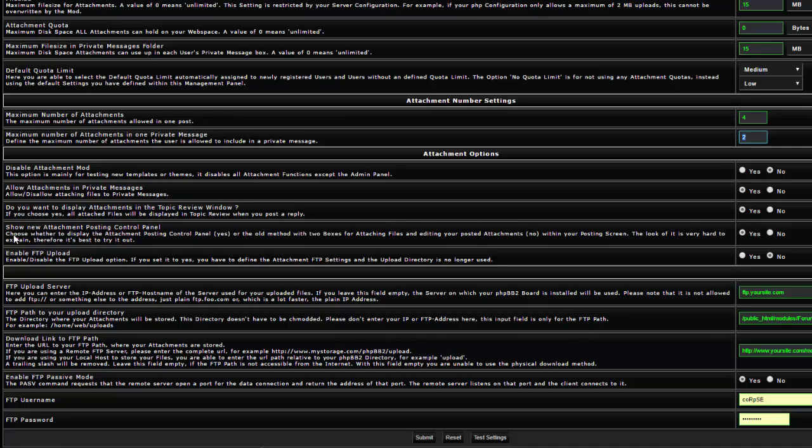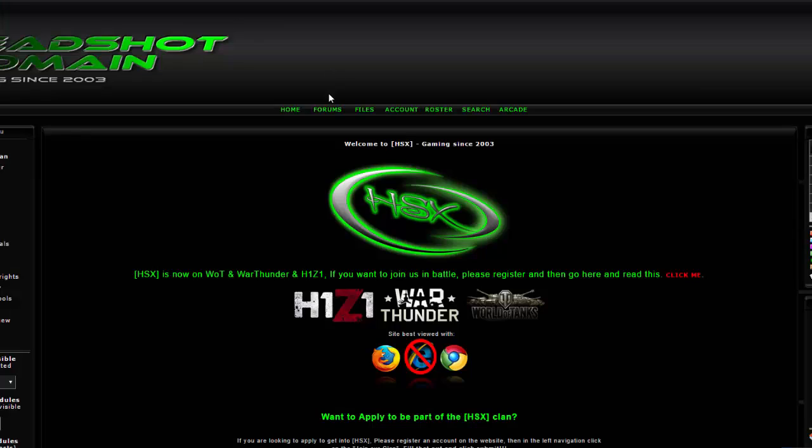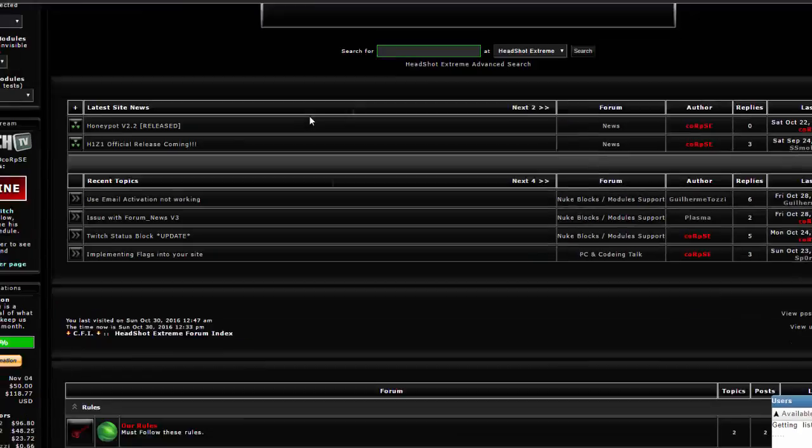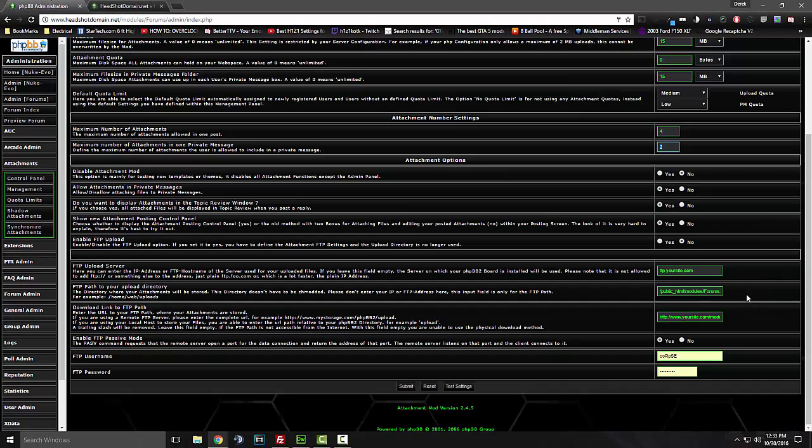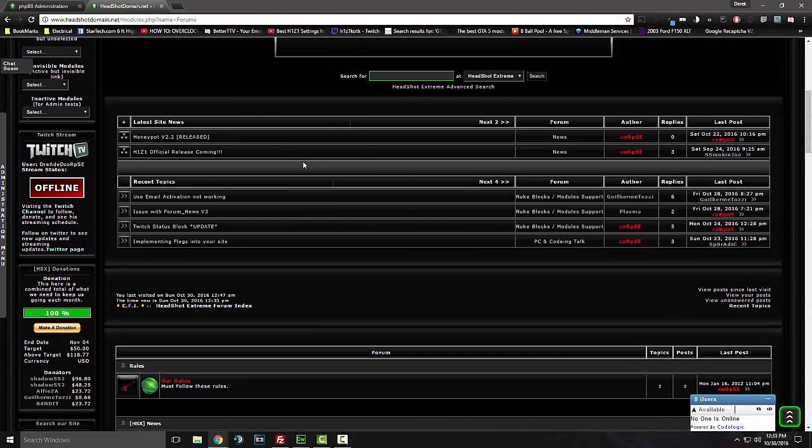And as you can see, if you read, choose whether to display the attachment posting control panel, yes, or the old method of two boxes for attaching file and editing your posted attachments, no, within your posting screen. The look is very hard to explain, therefore it's best to try it out. So here, let me see if I can show you guys what that is. I'll set that to, here, let me open up a post where